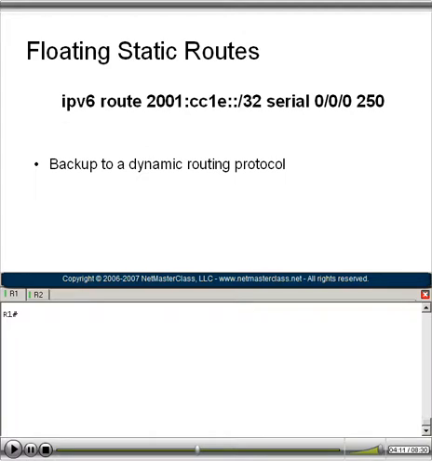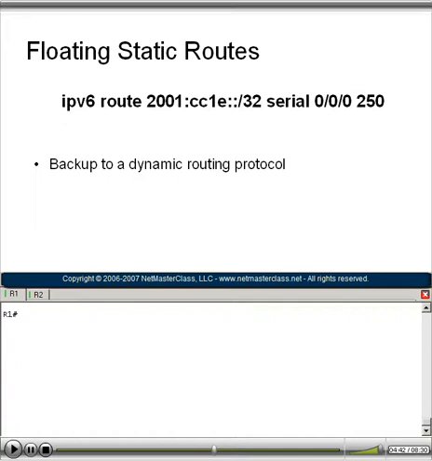We give an administrative distance for the static route, and we provide an administrative distance for the route that is higher than the administrative distance that would be found for a dynamic routing protocol method to get there. This is a nifty trick indeed, and can be used as a backup to a dynamic routing protocol. You see, this static route will not be installed in the routing table unless the entry for the dynamic routing